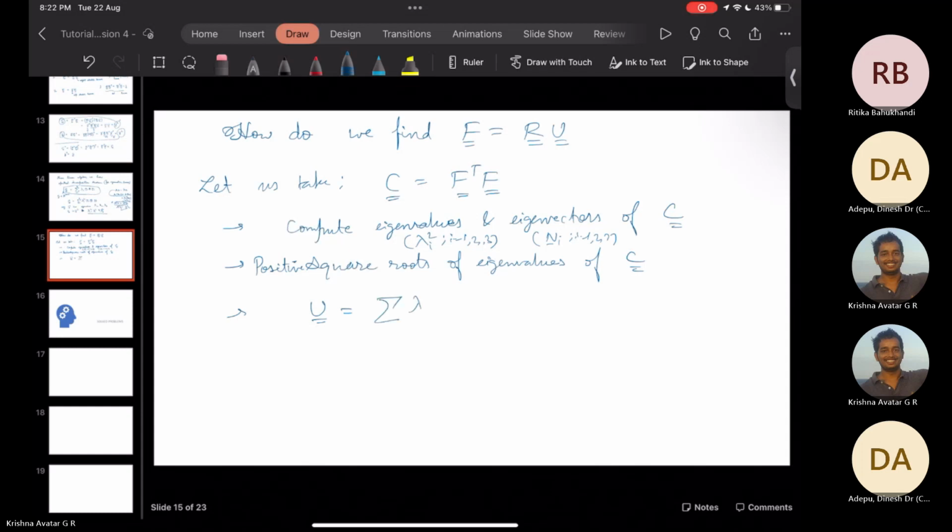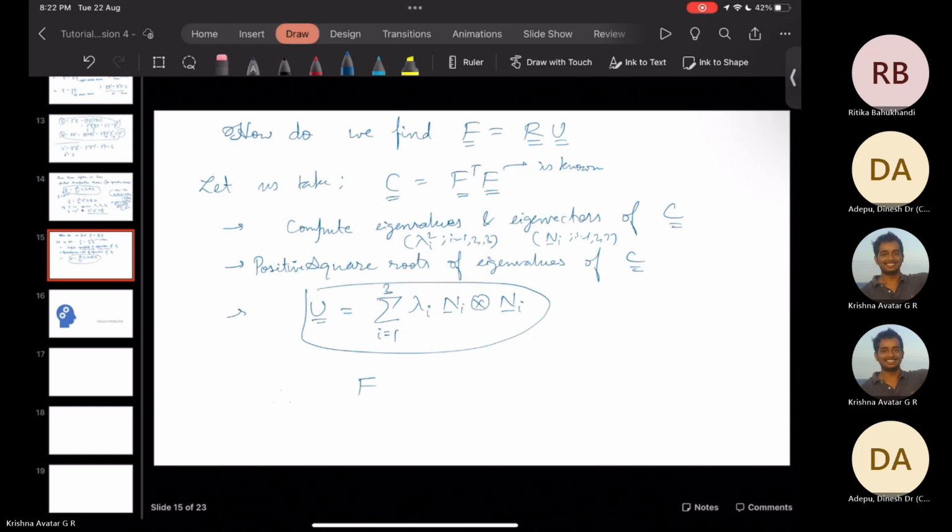It's nothing but the sum of lambda i, n_i tensor product with itself. So once you have U, and you already know the value of F, so F is known. Find C, find the eigenvalues of C, take the square roots of the eigenvalues, determine U, and then